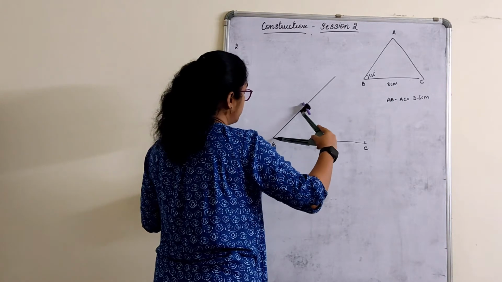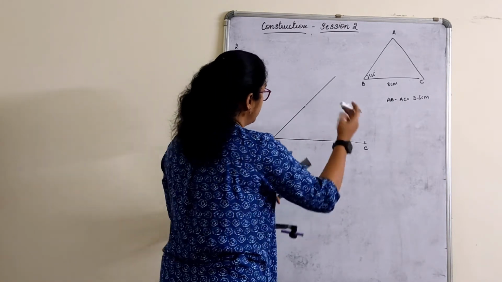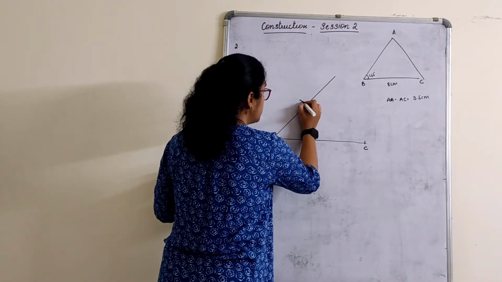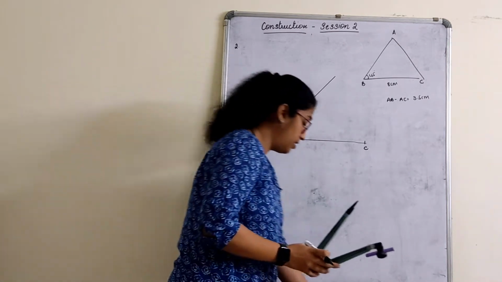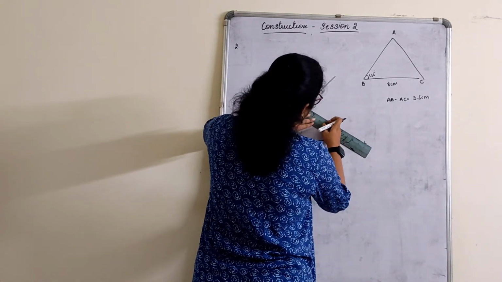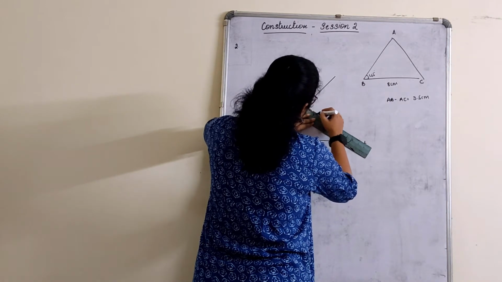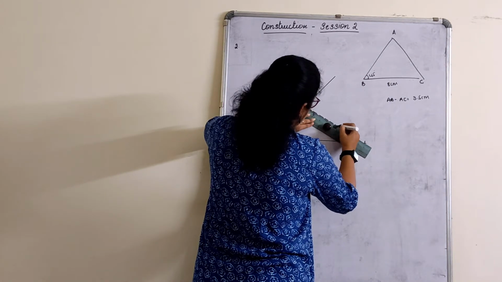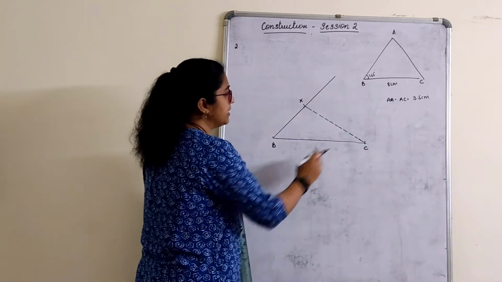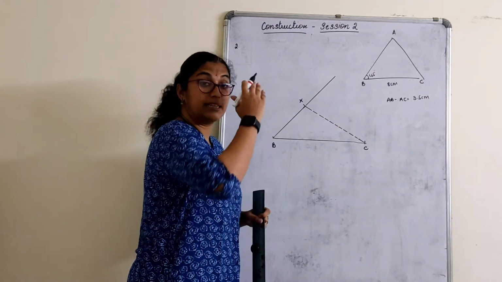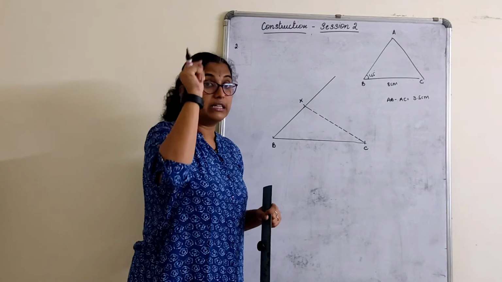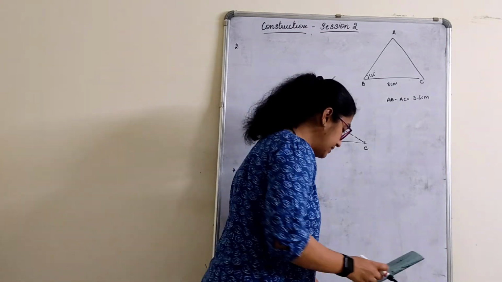Keep my compass here, cut this for 3.5 and this is here. So this point is unknown to me, which is X. Okay? What I have to do? Join CX. See, procedure is same. Whatever point you have taken, you have marked it, we actually join that point. Then, which line I have to bisect? CX line I have to bisect. Whatever the joined line to the unknown value vertex, that line has to be bisected.